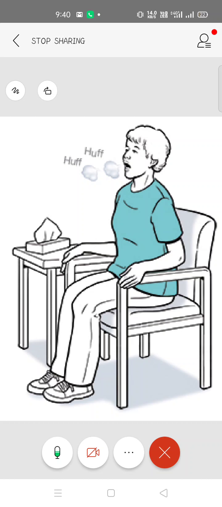And when your mouth is wide open and your lips are apart, and then you do this, this is huffing. This is just for your explanation, don't think that this is the definition or something. If your mouth is almost closed, with only a small space between the lips, and then you try to move the air out, that is your pursed lip breathing. And when you open your mouth wide, then this is huffing.